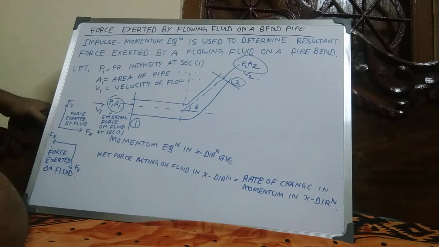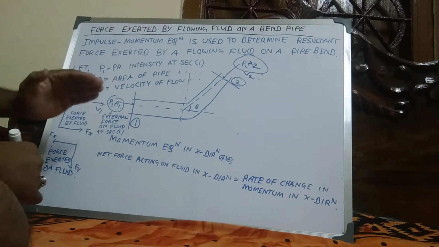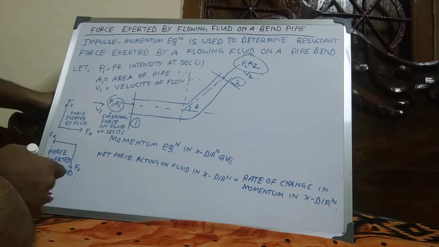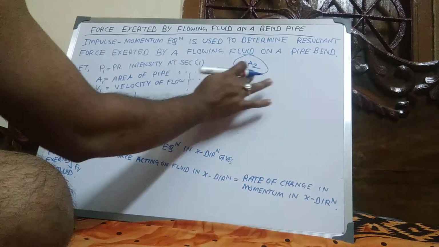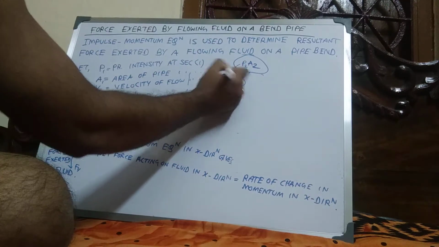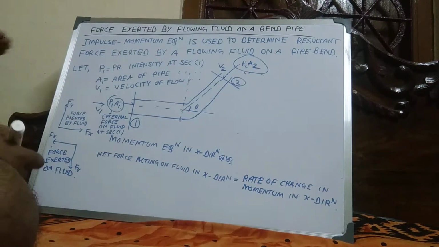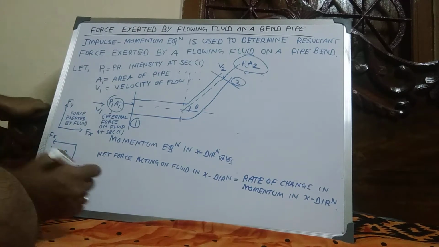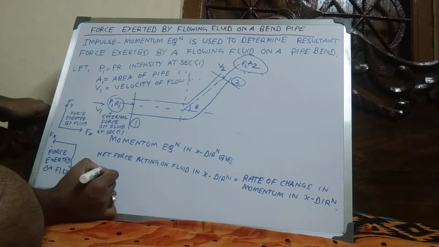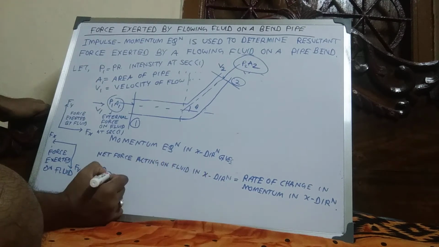Suppose this side consider, and here velocity is V1 and here velocity is this direction V2, and positive x direction consider positive. Now this is the positive P1 A1,